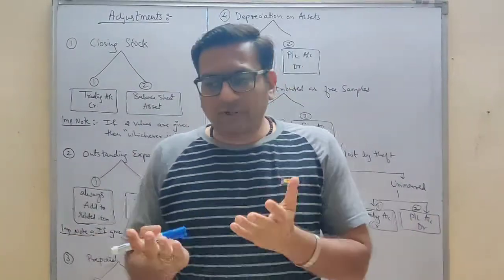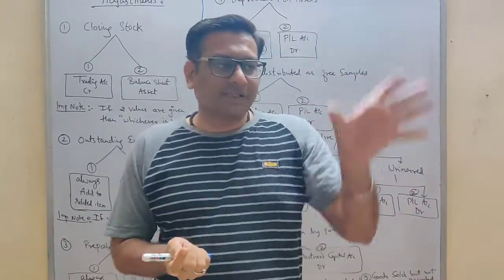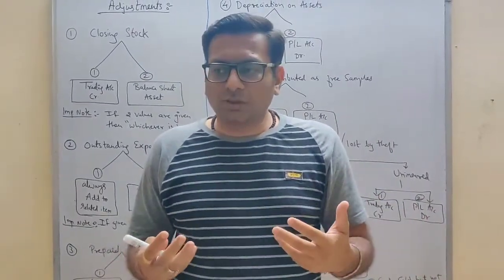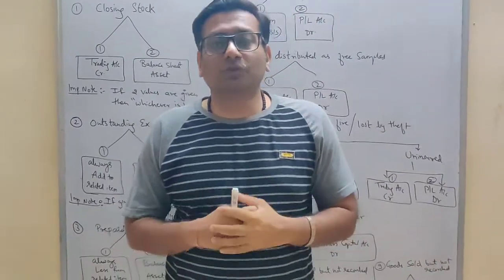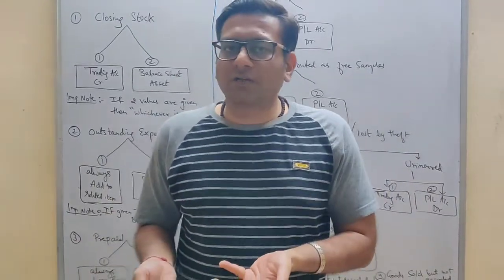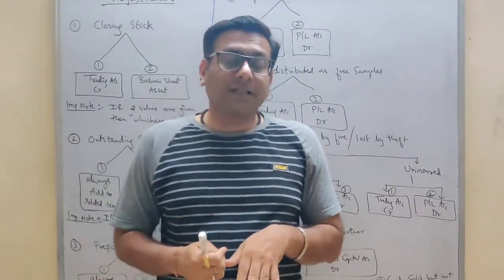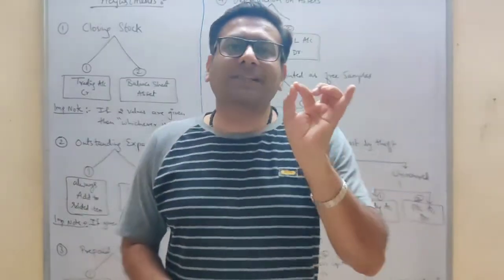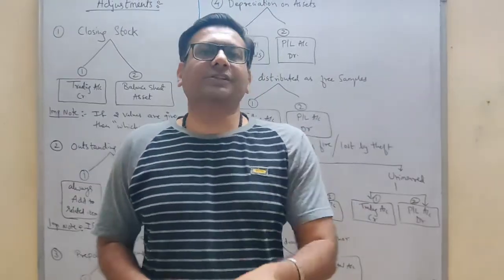Now what happens when you close all the books of accounts and you write down all the balances inside the trial balance? Sometimes you get to know certain adjustments later that you have not recorded in the books of account. Now there is a problem. You have already closed your books of account. Now how to record those transactions which we have not recorded earlier? The books of accounts are closed and you got to know later. So those things we write as additional information, which you call adjustment.